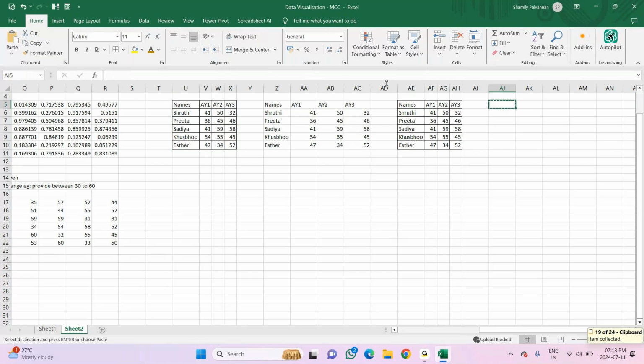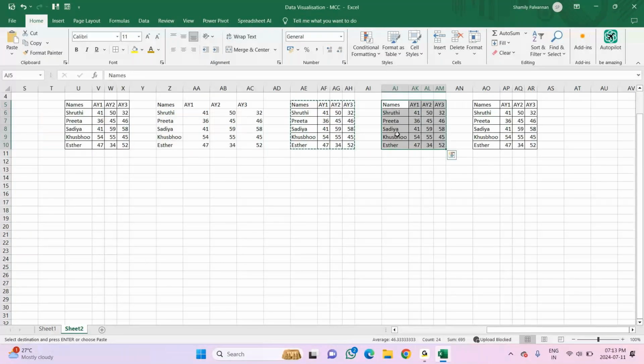Whereas the same thing, when I copy this with the formatting and paste here with Keep Source Formatting, so how did I adjust the space? I've selected the range, and under Format you have an option, AutoFit Column Width. Click on this, and the column width is automatically adjusted. This is how you will do it.